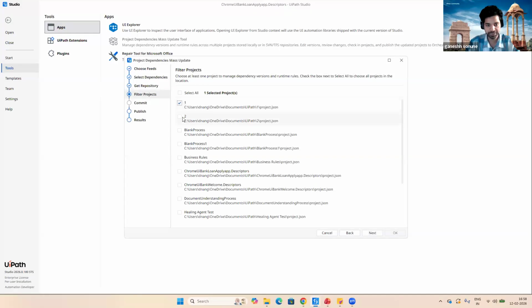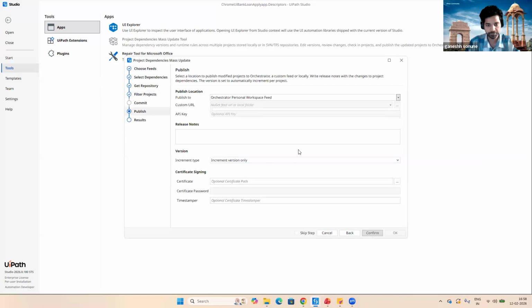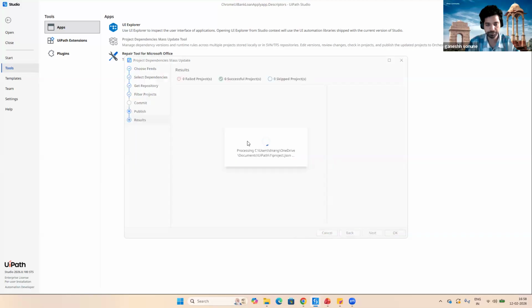And then my first and second project I'm selecting, then confirm, and where you want to publish that in the orchestrator. So I'm doing in a personal feed, then confirm. So it will take some time because we are uploading all the dependencies over there.